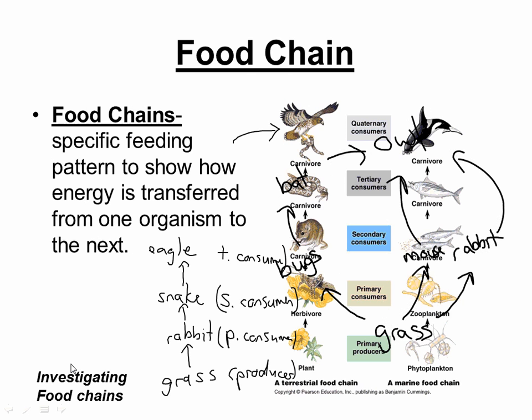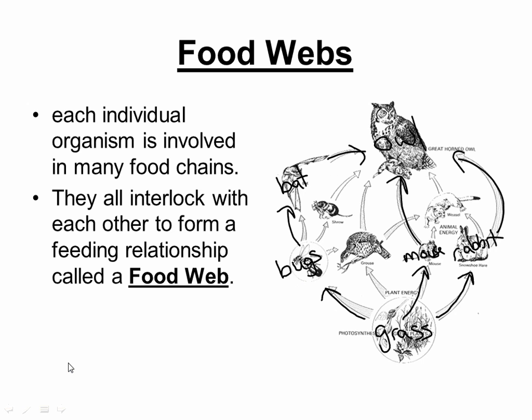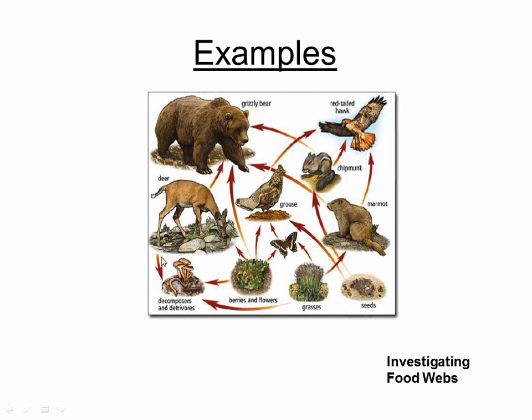All right. Okay. So that's the end of my note. There's another example. Again, it's so easy to cut and paste pictures from the internet, as you guys know. The idea is that in a real ecosystem, food doesn't move in lines. Different things eat different things at each level, and therefore it can get complicated.